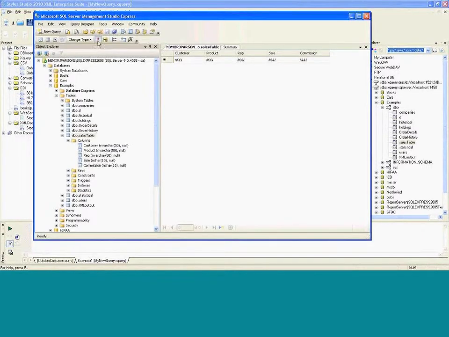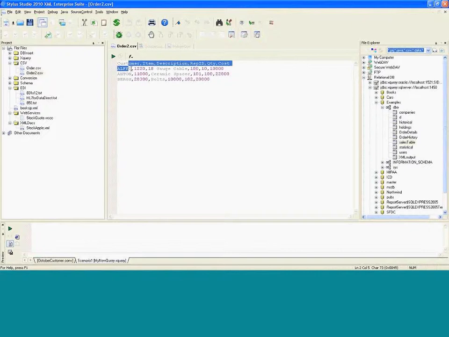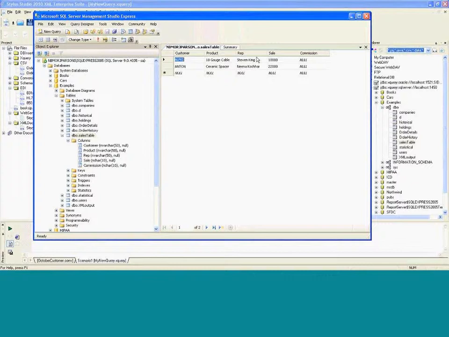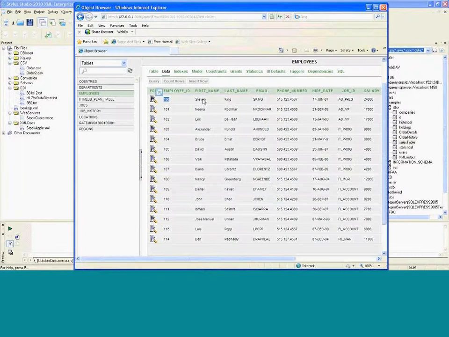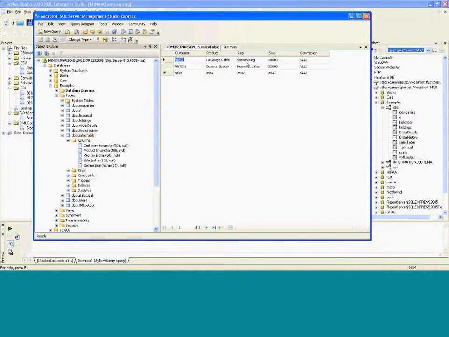If I go into my SQL table and I check, now you'll see that you have two values. You have this customer entry for Alki as well as for Anton. What it did was take the order file, convert it into XML, so it pulled out the customer name and the information, converted it, and then joined it, if you look at your query here, to the information from Oracle, which contained my rep. So if we go back to our Oracle, my rep was Stephen King, which was employee ID 100. In my SQL database, we have Stephen King, and then we have our sales number that we pulled in.